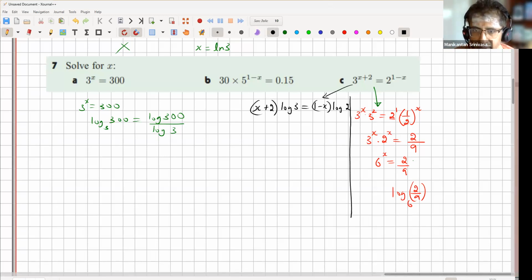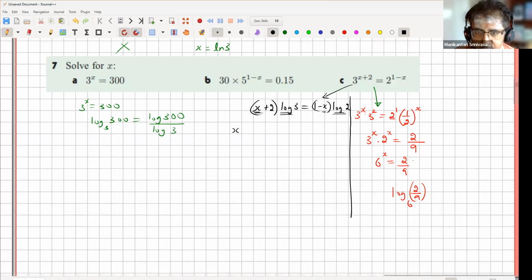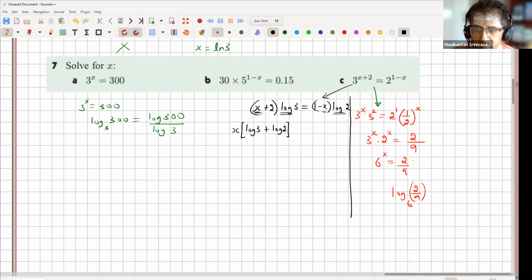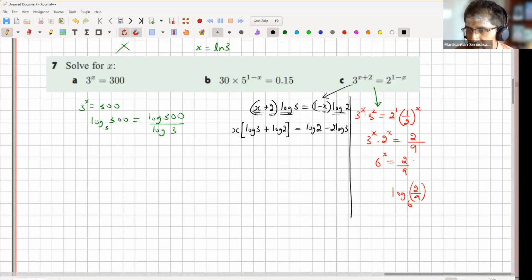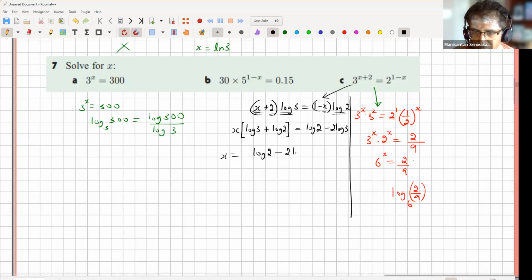Collect all the x terms together. So x is with log 3 here, x is with log 2 here. So x, if I take outside and bring the log 2 to this side, x into log 3 plus log 2, correct? Equal to, now here on the right hand side, I have log 2. And on the left hand side, I have 2 times log 3 that can go to this side, 2 times log 3. Therefore x is (log 2 minus 2 log 3) upon (log 3